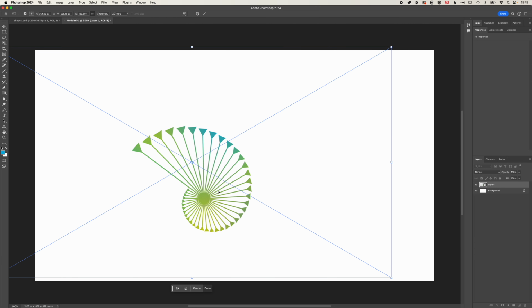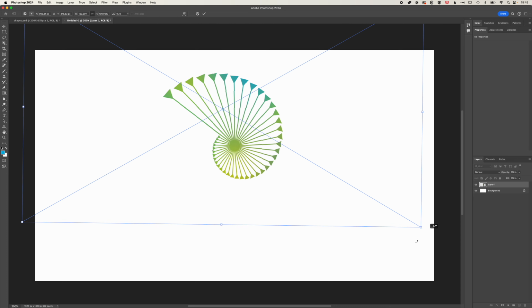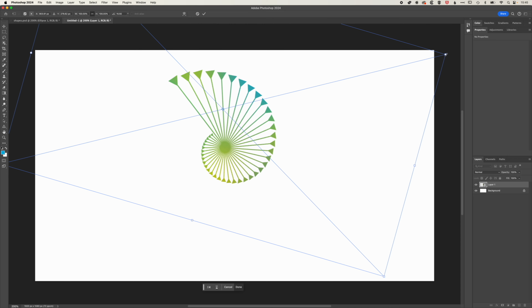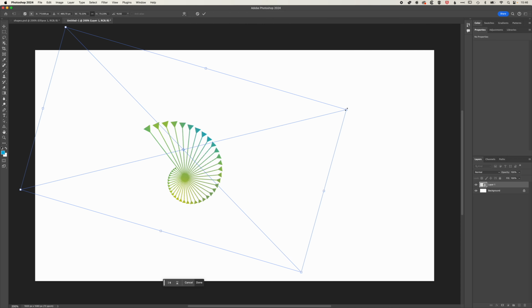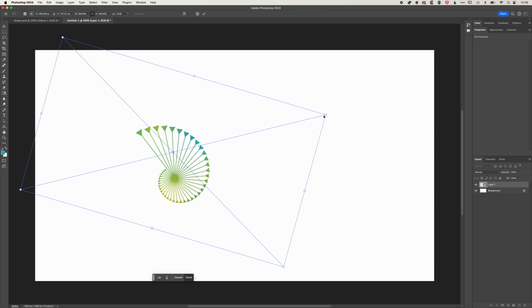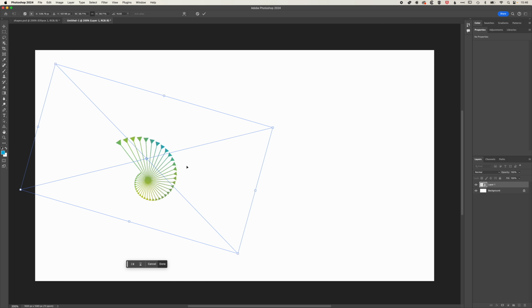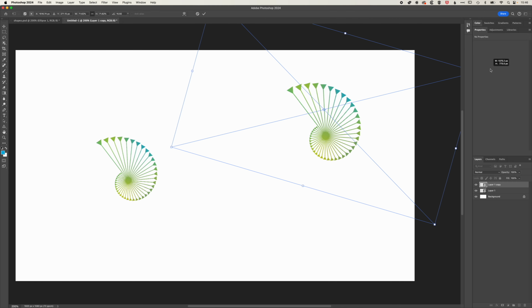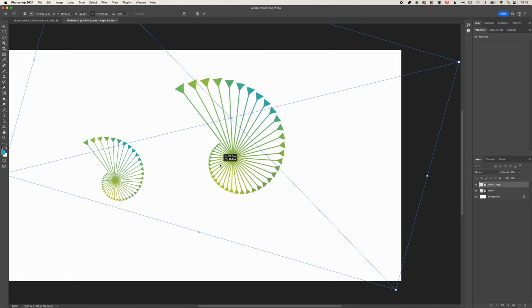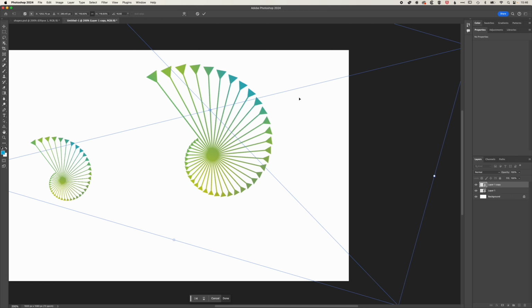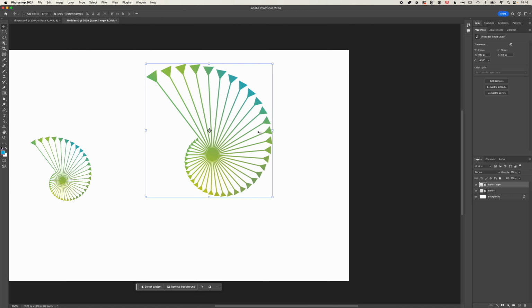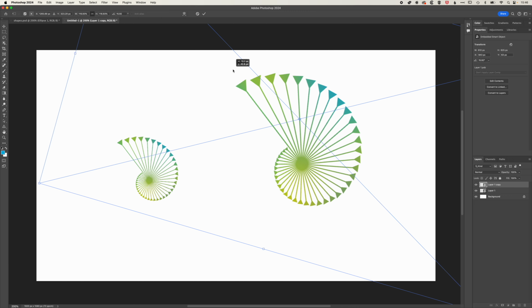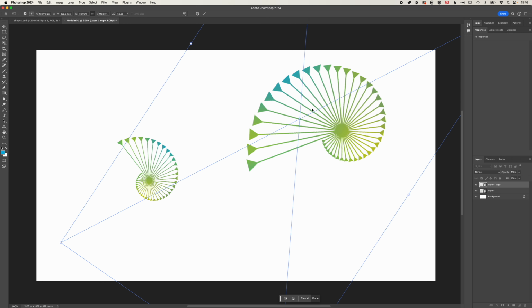So you can see now we can move this around, we can rotate it. It's that combined shape smart object, so it's a little bit bigger because the paintbrush is included within the area we selected for the smart object. But the nice thing about the smart object is that when we move it around and transform it, we don't lose any quality. We've still got that vector quality of the original image. It looks a bit pixelated there, but that's just because we haven't hit enter. As soon as we do, we get that nice perfectly formed shape